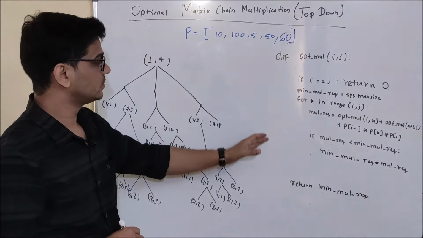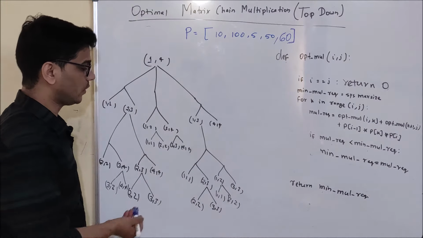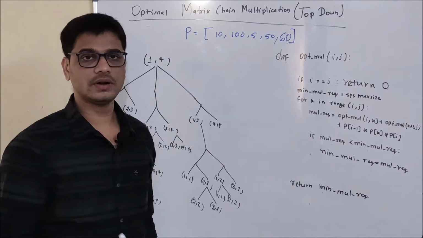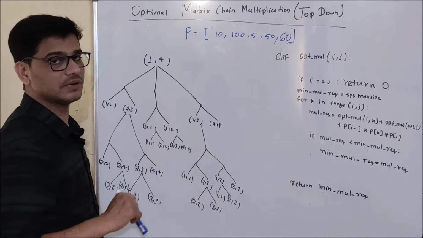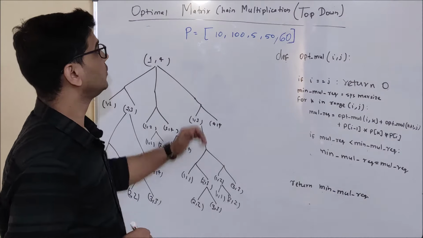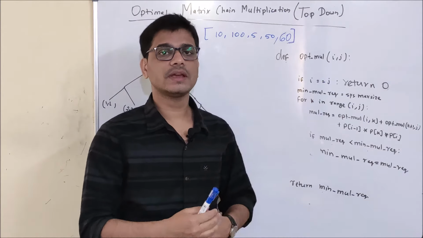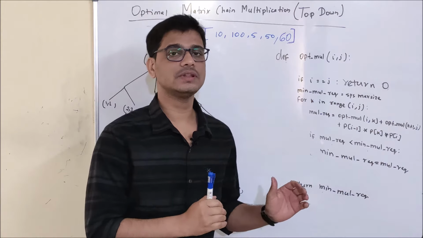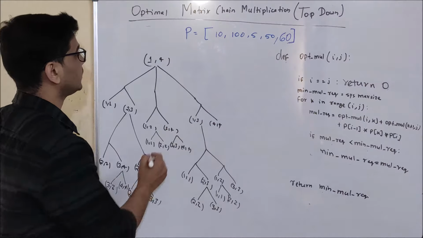As you can see, this is my recursive code and this is my recursion tree. You may be thinking why. See, this recursive code I am going to convert to a top-down code, and this recursion tree is going to help us find a table dimension. And if you remember, in top-down code we use a memo table. That is, if we calculate some value, we are going to store that value in the memo table so that I don't have to calculate it again. So now let's find a table dimension.